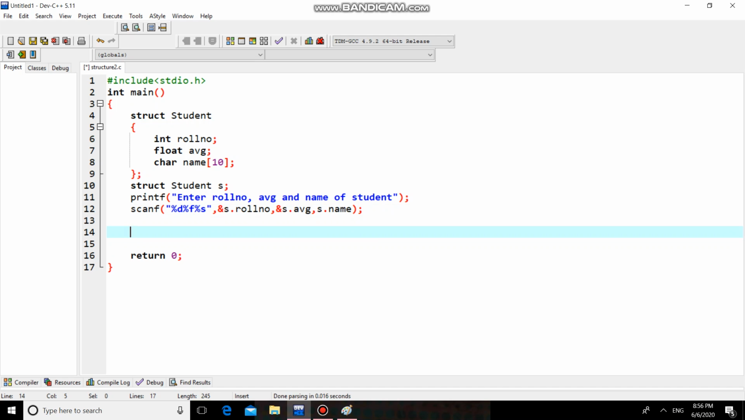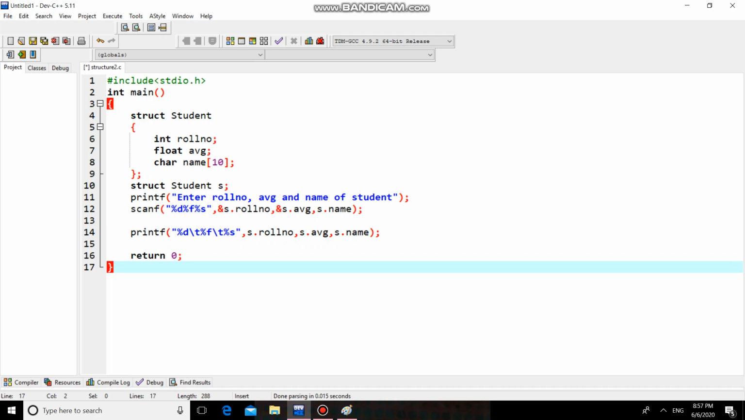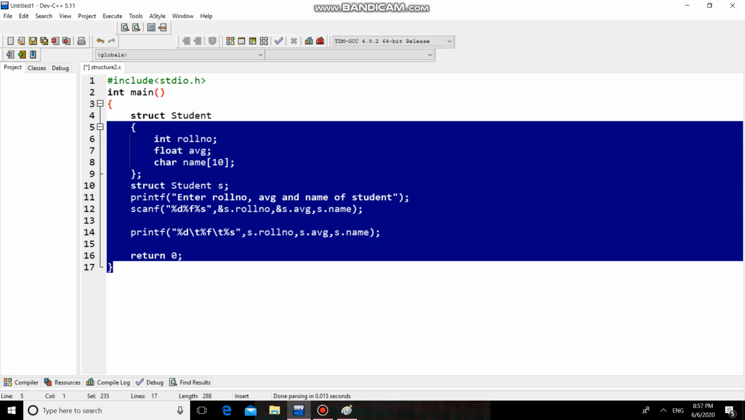Okay, and then you can print these values. So first %d, suppose \t, %f, then \t, %s. Okay, then s dot roll number, s dot avg, comma, s dot name. Getting? So let us first run this program,